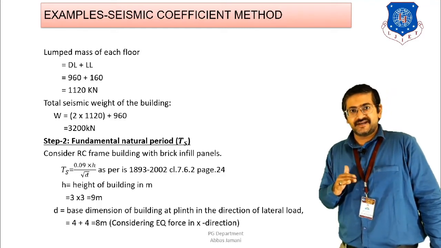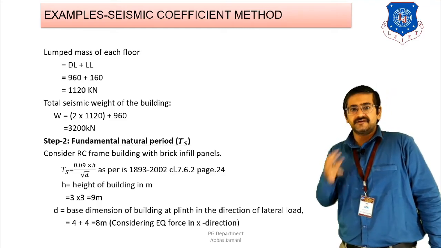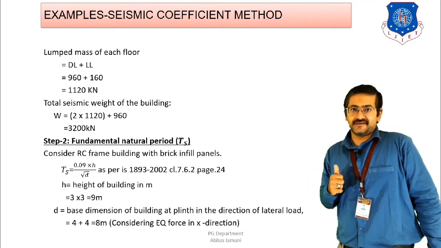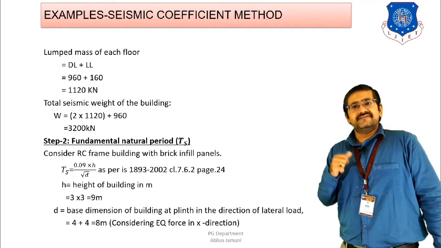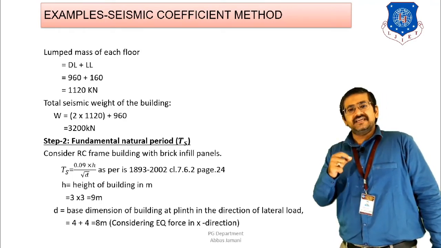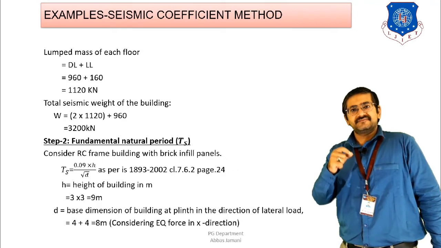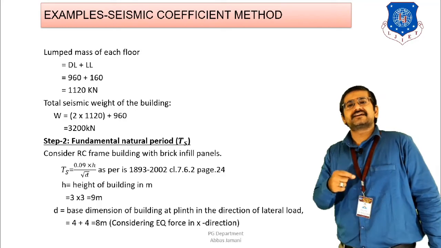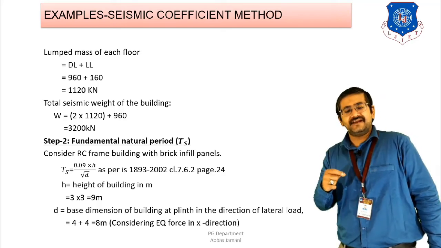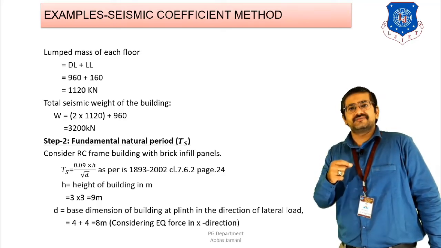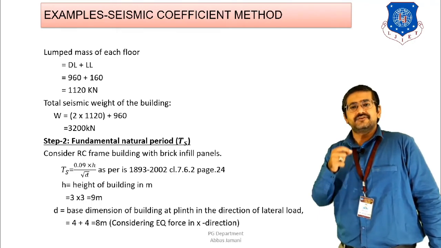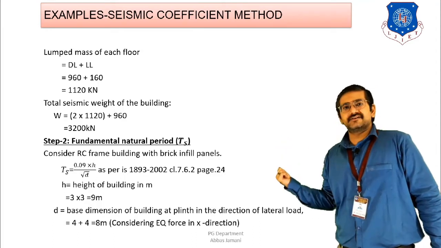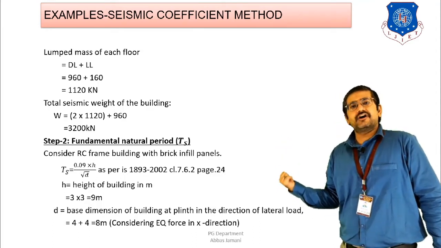Once this is calculated, we go to the next step, step number 2. In step number 2, we need to calculate the fundamental time period, right? For time period, we have to consider the 3 equations that are given in the code. First is the bare frame, second is the structural wall, and third is for all other buildings. When it is a school building, we can assume that masonry walls are going to be there, right? Since we are assuming masonry walls, the building is going to have infill walls. And when infill walls are present, out of the 3 formulas given to us, the third formula, that is all other buildings, will be applicable.